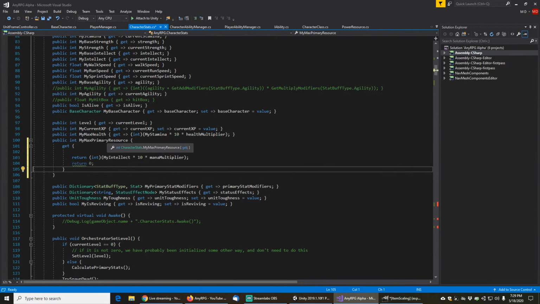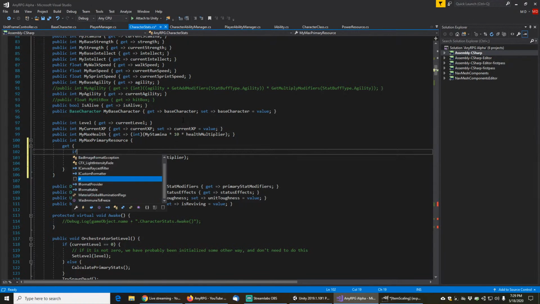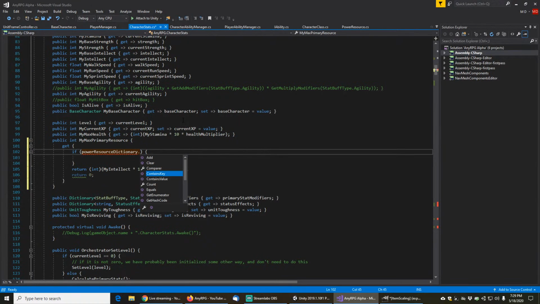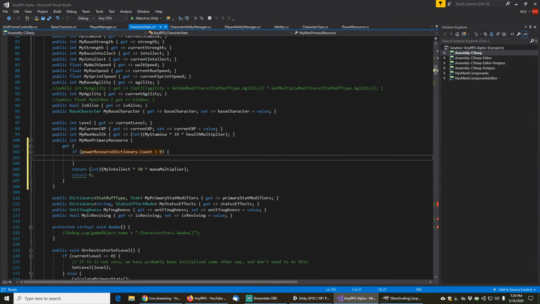Assuming we don't have a primary resource, we should just be returning 0. So if PowerResource dictionary dot count is greater than 0, then